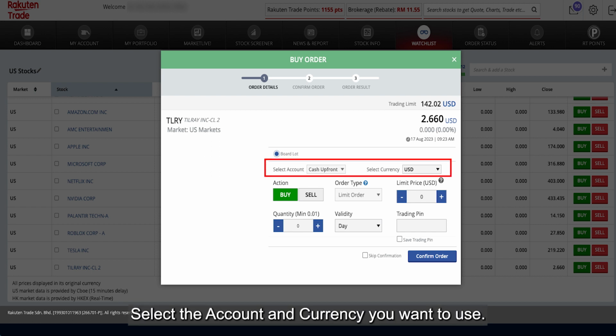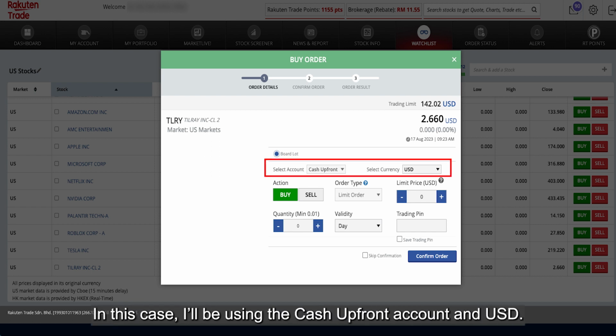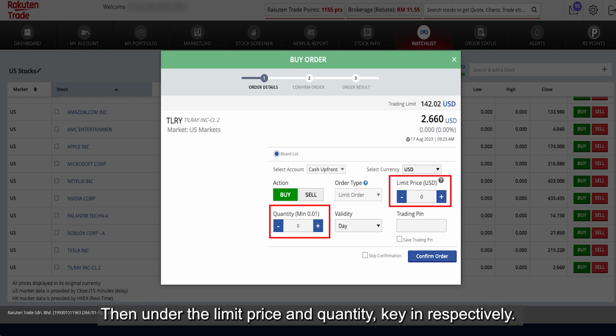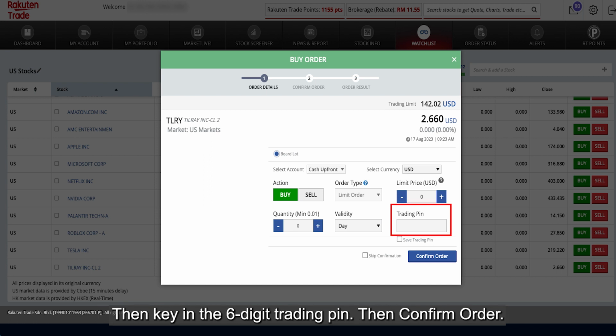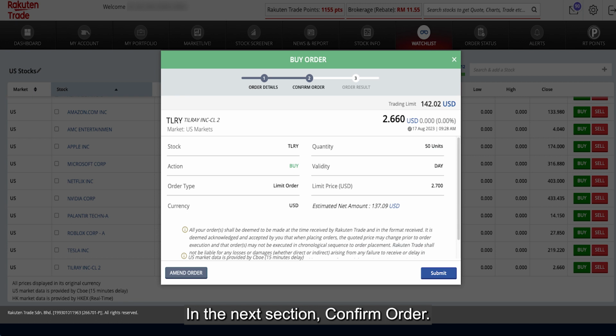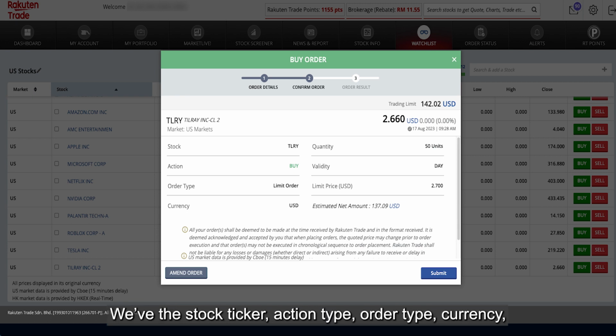Select the account and currency you want to use. In this case, I'll be using the cash upfront account and US dollar. Then under the limit price and quantity, key in respectively. Then key in the 6-digit trading pin. Then confirm order. In the next section here, confirm order, we have the stock ticker, action type, order type, currency,